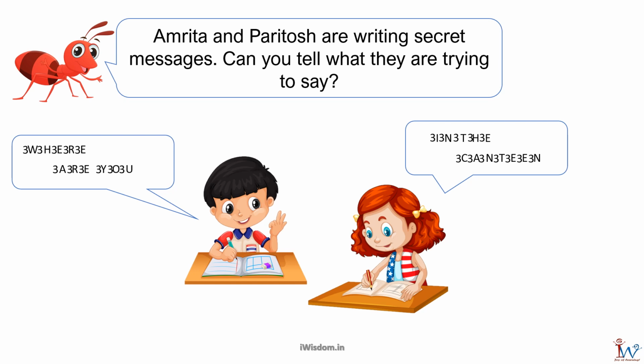Wow, RAW, the Research and Analysis Wing of Indian Secret Service. The message is all coded. Let me try to decipher. 3W, 3H, 3E, 3R. Looks like there are too many 3s. I will separate 3s from the rest. Aha, boy is saying, "Where are you?" and the girl is responding, "In the canteen." It is just a conversation.